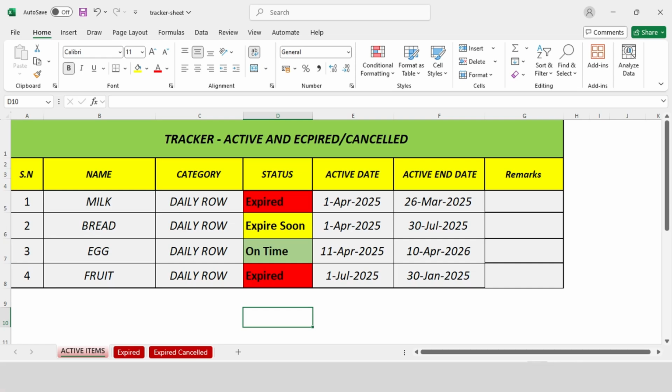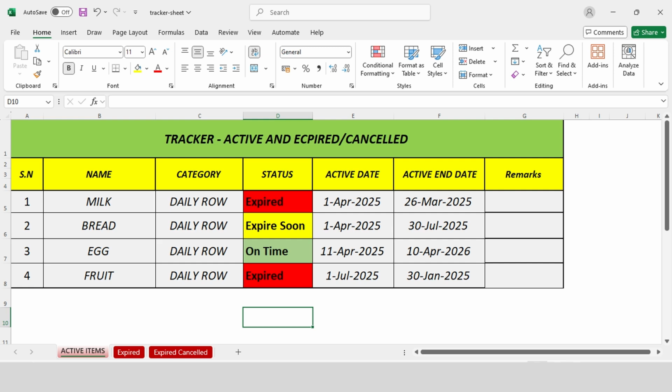Hello everyone. In this tutorial we are going to learn about the automated copy formula, which is called the filter formula. Here I have a three-sheet workbook, which you can see. I have written all these formulas and I will share them in the description link also. You have to copy and paste.